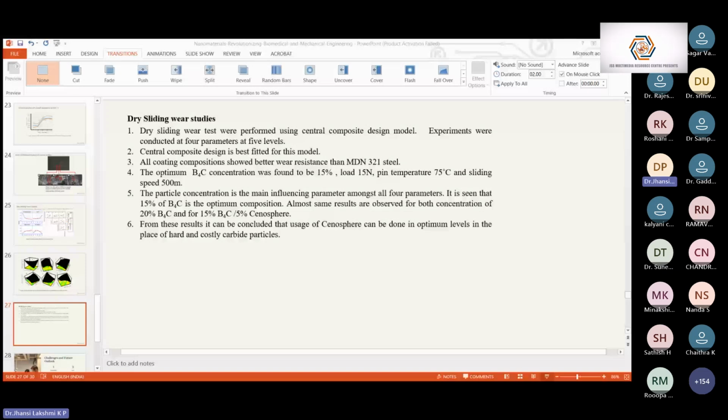We can see almost 150 to 200% of erosion wear resistance is increased. Even the dry sliding wear resistance is increased after using nanoparticles. Okay, so these are the applications of nanoparticles in biomedical and also in mechanical engineering field. In mechanical engineering field, we can even prepare so many composite materials using nanoparticles. But I have taken the case study of coatings, as that was my piece of work.